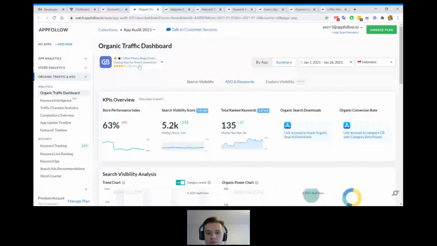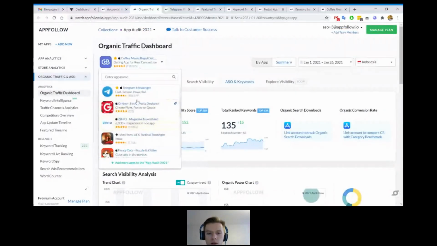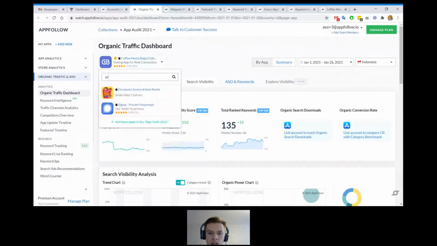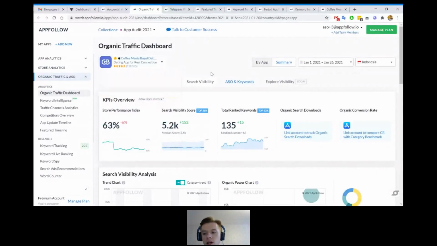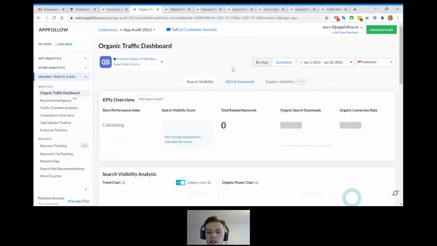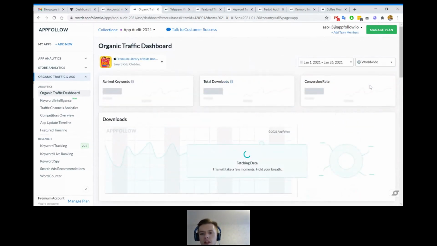What will be the premium library? Okay, so let us check what are the top countries for the app, and we will just spend a few minutes. Yeah, it's probably not Indonesia right now. We will just spend a few minutes looking at the app, talking about that, and probably we can give you